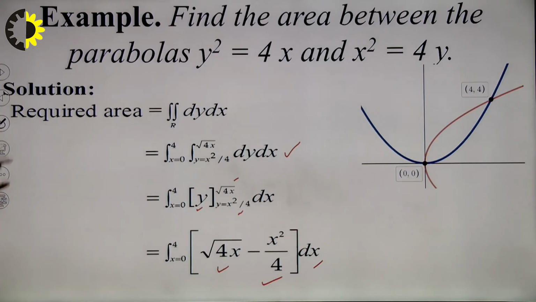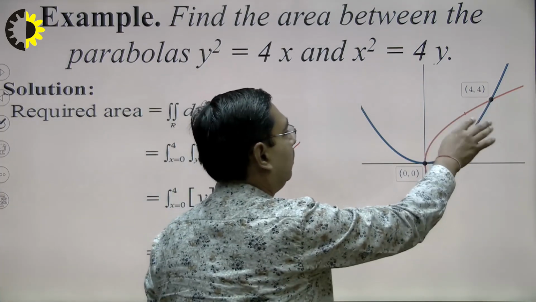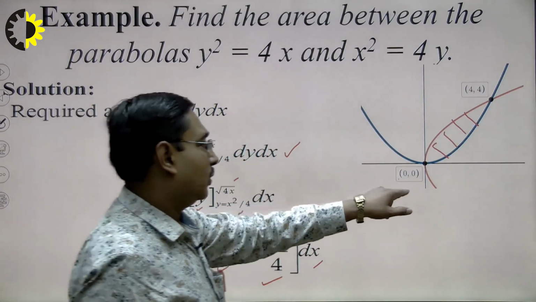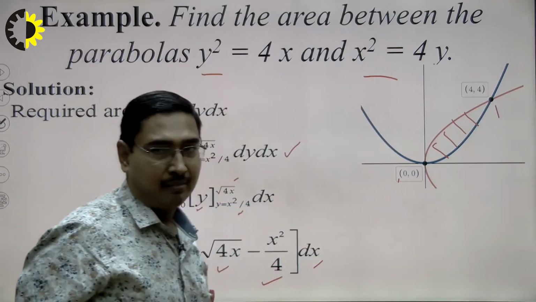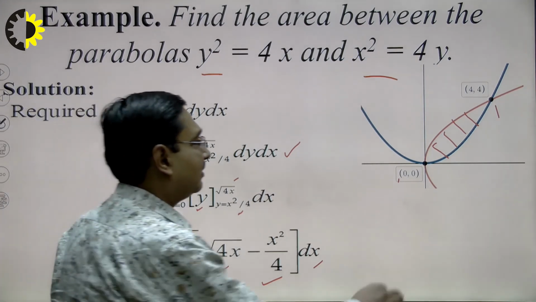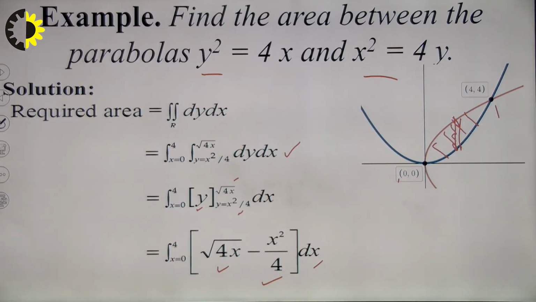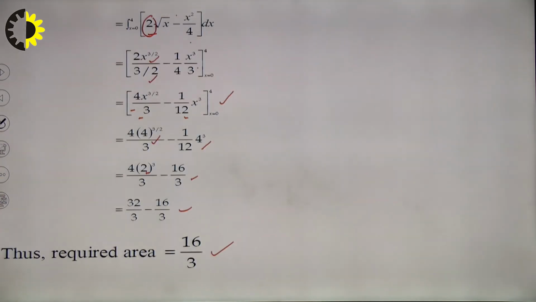Let me sum up once again. These two parabolas were given. The area bounded by these two parabolas was to be calculated. First of all, I calculated points of intersection by solving these two equations simultaneously. Then divided the region into vertical slices. From vertical slice, limits of y were calculated. Then limits of x were calculated from extreme points. Applying these limits and simplifying, I obtained the value of given area.